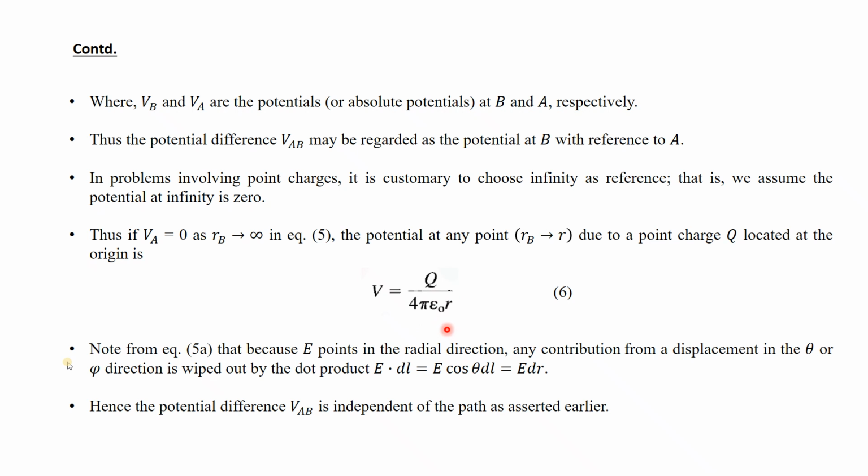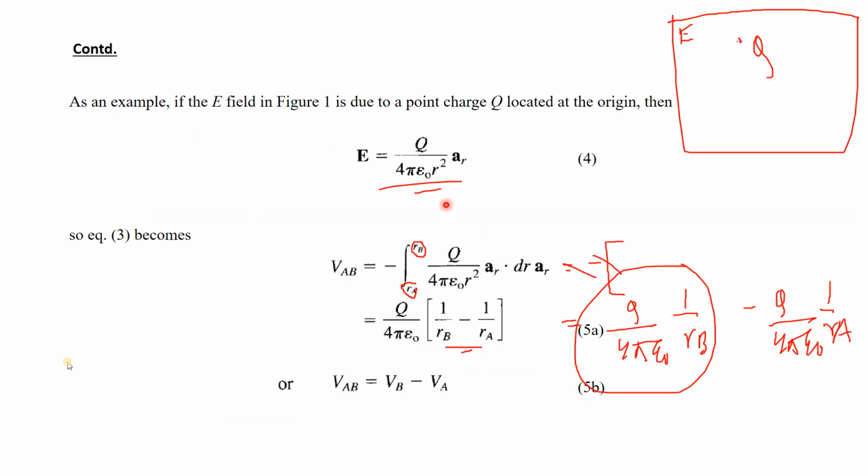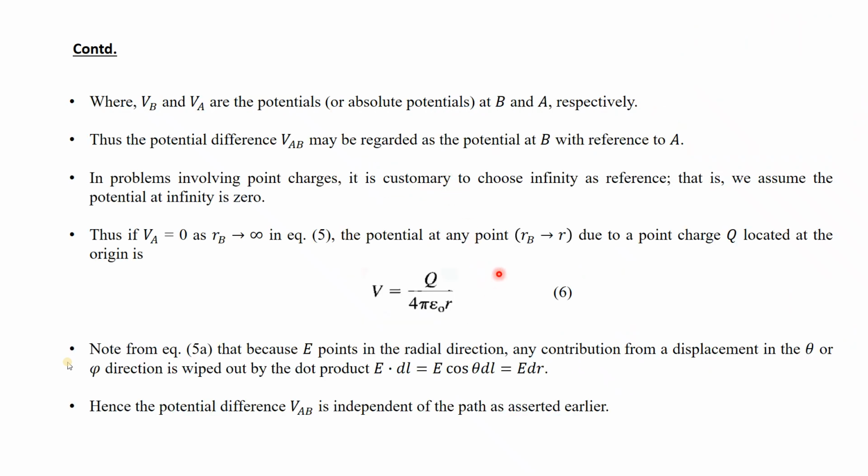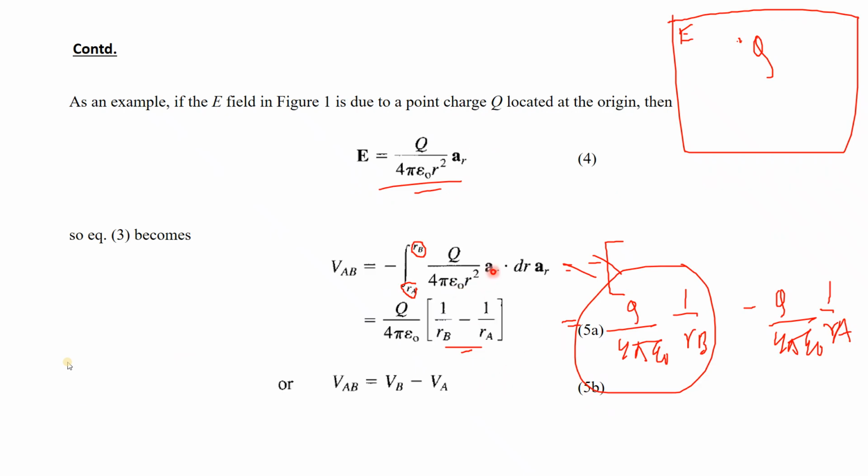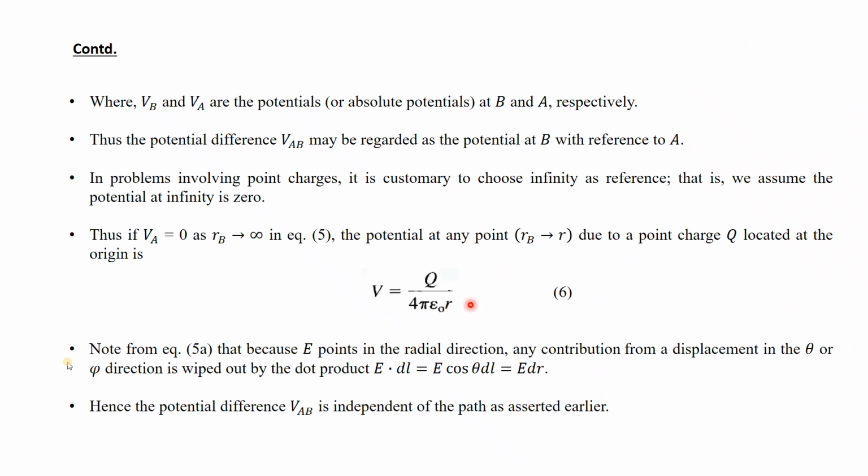So potential means q by 4 pi epsilon naught. ओके, तो यहाँ पर देखो इक्वेशन कैसे रिड्यूस हो रहा है. यहाँ पर इलेक्ट्रिक फील्ड इंटेंसिटी क्या था, Q बाई 4 पाई एप्सिलॉन नॉट R स्क्वायर था. अब जब हम यहाँ पर R के साथ इंटीग्रेट कर रहे हैं ना, तो R और R इंटीग्रेट हो रहा है, ठीक है, कैंसिल हो जा रहा है, इसलिए सिर्फ R है.